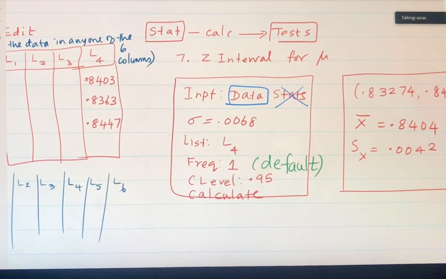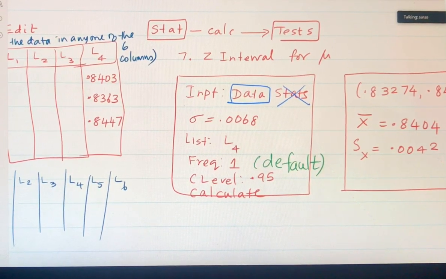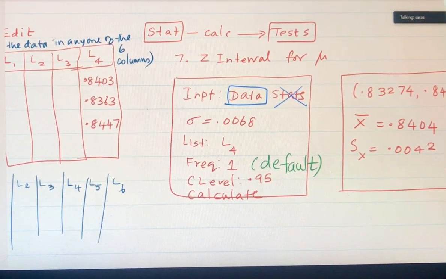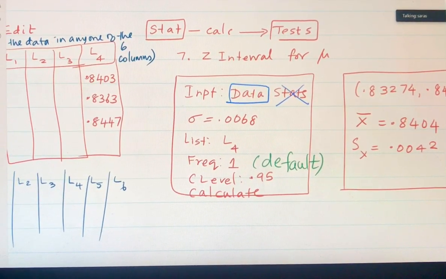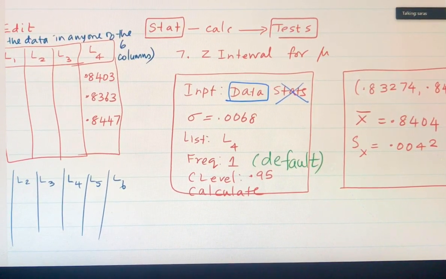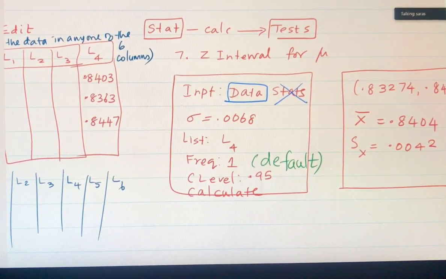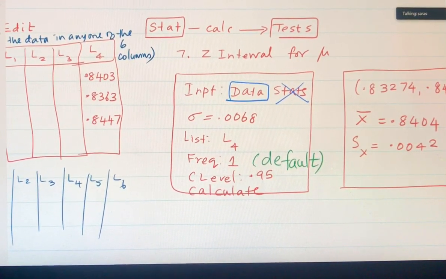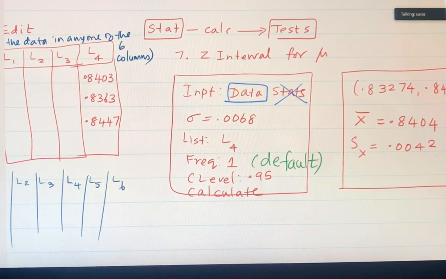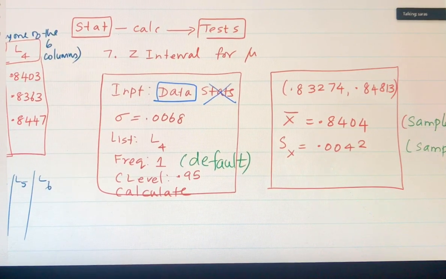I want you to hit the second button first and then hit L1, L2, L3, L4, wherever you stored the data. And then the frequency is 1 by default, don't touch that. Move the cursor down to C level, which is 0.95, and then hit calculate. So you will get the output screen. The output screen is